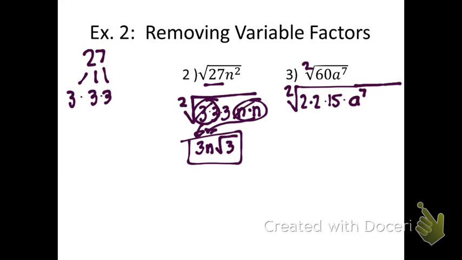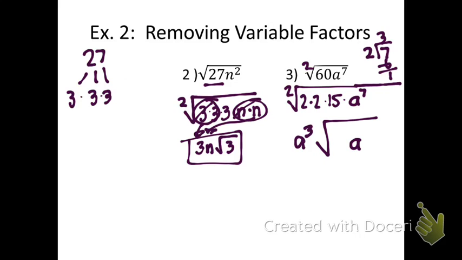So we want the square root of a to the 7th. I know that there should be 3 pairs of 2 and then 1 left over. So what you could do is divide 7 by 2. Here's a quick trick. 7 divided by 2 is 3, and we subtract, we have a remainder of 1, which means there's going to be 3 groups of a. So there's going to be an a to the 3rd on the outside, and there will be 1 a left